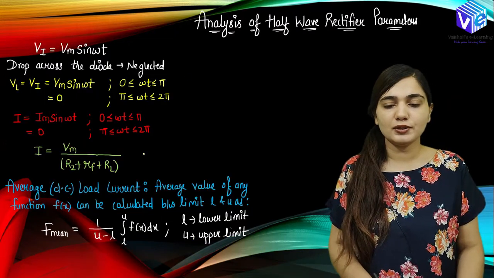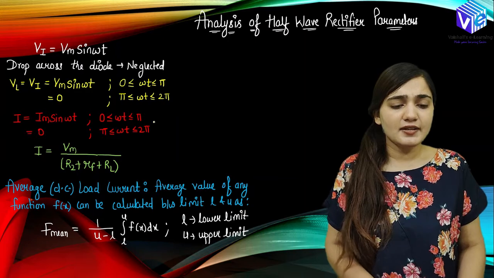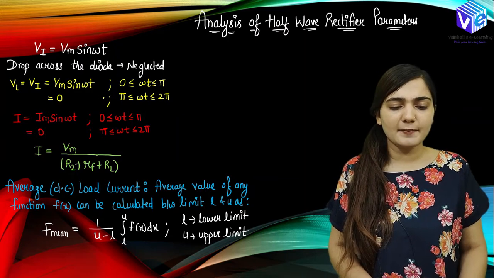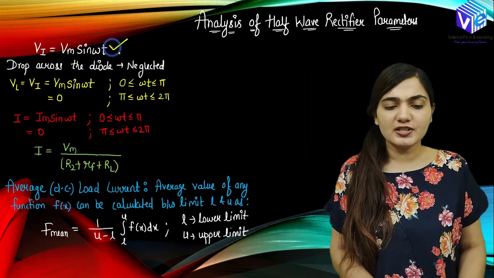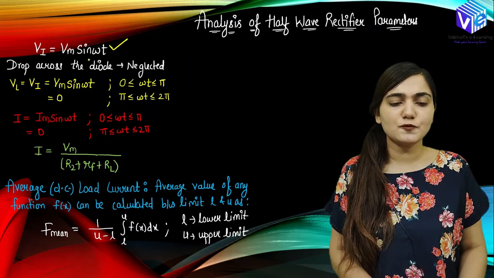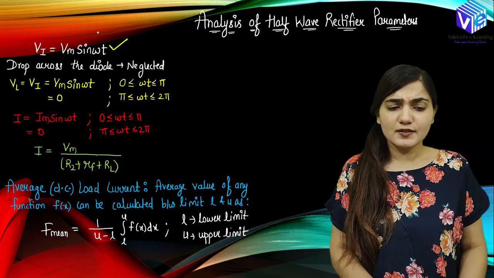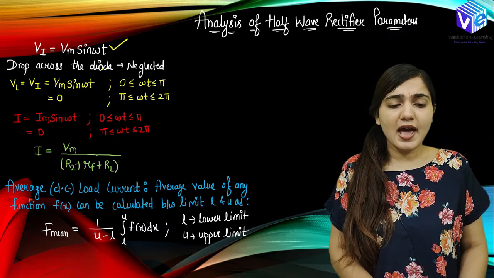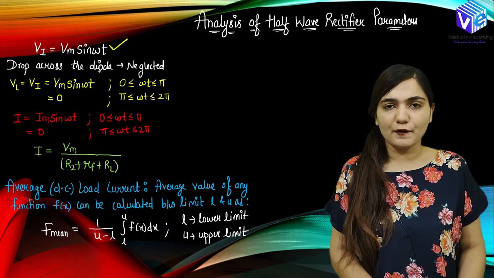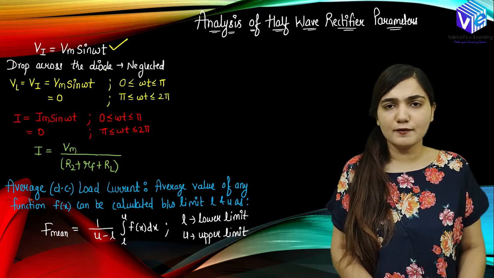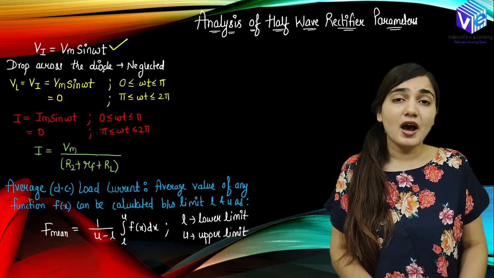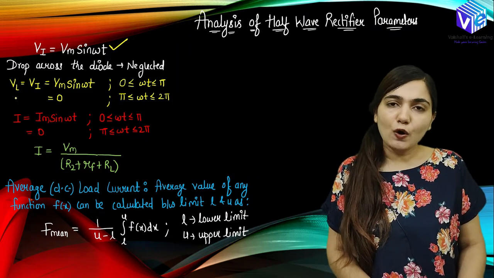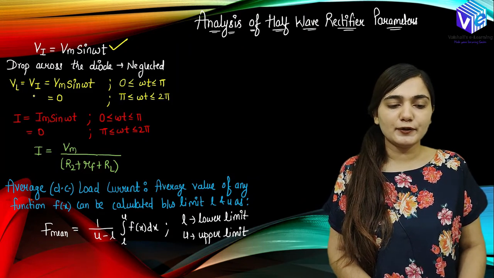So now coming to the rectifier operation, these are the various rectifier parameters that we have to understand. First of all, the input voltage. The input voltage is the AC voltage which is represented as Vm sin omega t, right? So this is the input voltage that we have, and we are neglecting the drop across the diode. We are considering the forward resistance is very less. We are not considering there is any drop across the diode. So the load voltage will be equal to the input voltage, and the load voltage will be equal to Vm